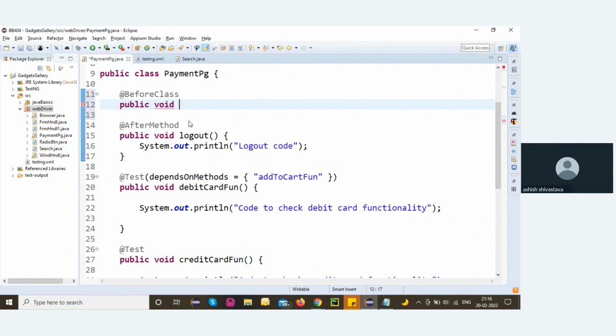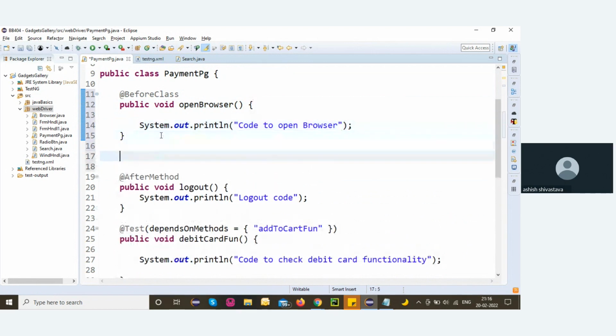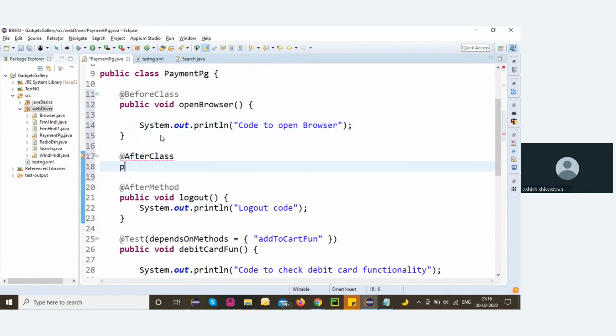You can say openBrowser. So for example, it's a code to open browser. Okay, same way @AfterClass, and then a method associated with it,